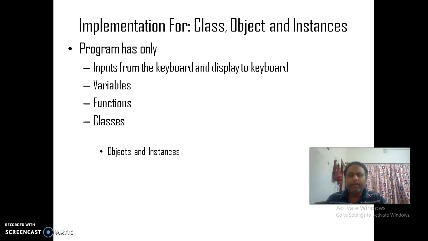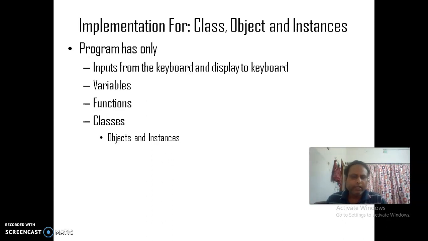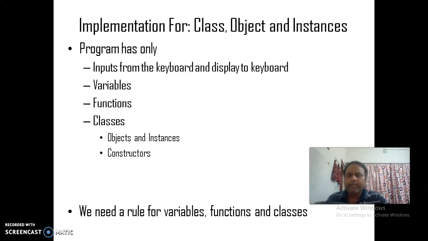Classes are used for objects, instances and constructors. Whenever an object is created, constructors will be called automatically. What is a constructor? I will be discussing it later in the slide.